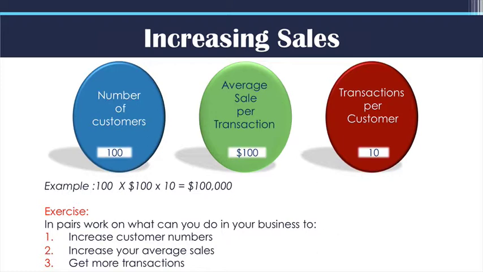We may be able to package a product and a service together and sell it for a higher price. We may be able to bundle together and give them an option: you buy 2 of these and you get a discount on buying product Y. So there's lots of options we can do to try and increase the average sale per transaction. And they often fall into 2 areas. One we call